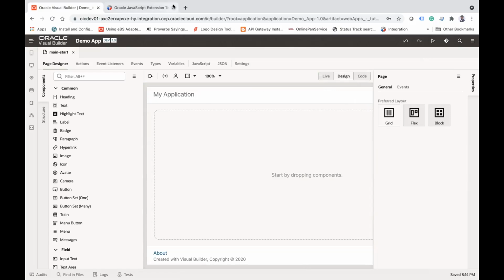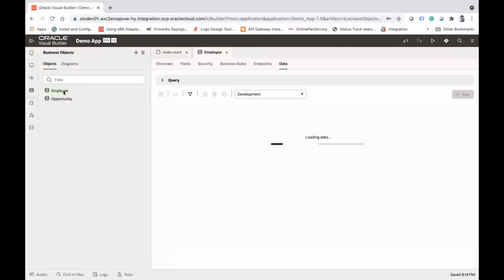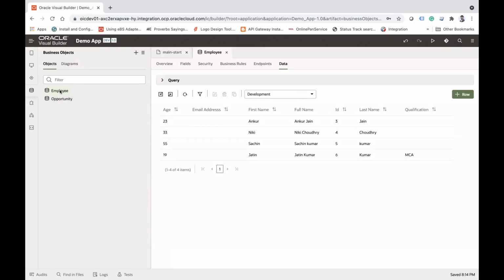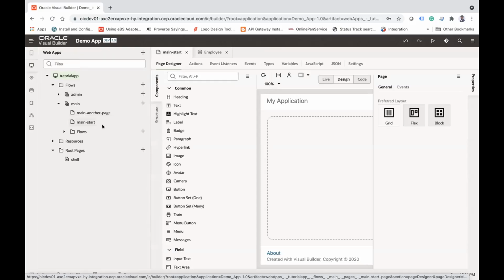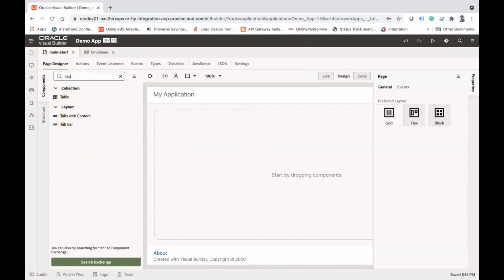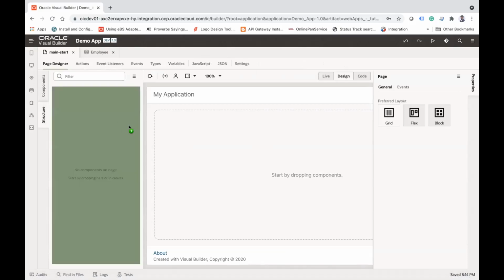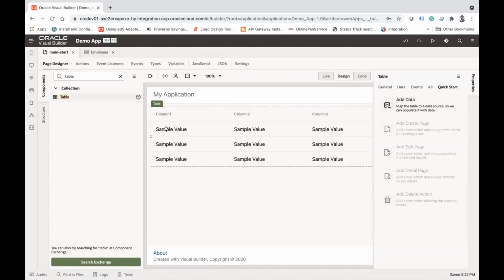Now I am going to execute one use case here. Last time we created one business object, an employee. So let's try to use this employee business object and fetch all the data. Let's try to put that data in a table on the page. Let's see how we can do this. Go to this web application, open this main start page and let's try to search our table component. You can search a table component and drag and drop it on this page. So when you drag,